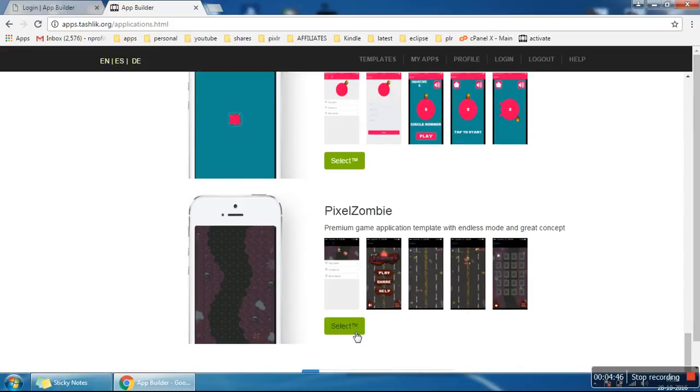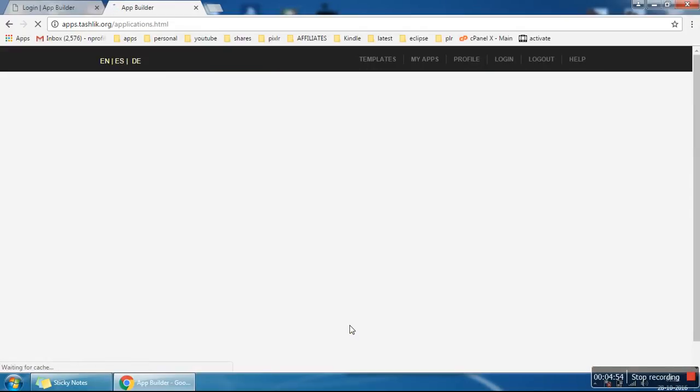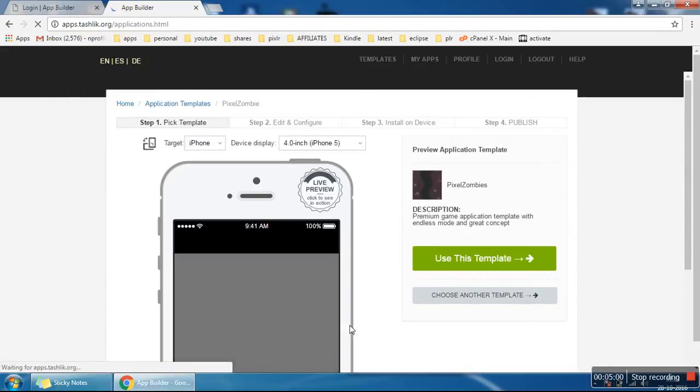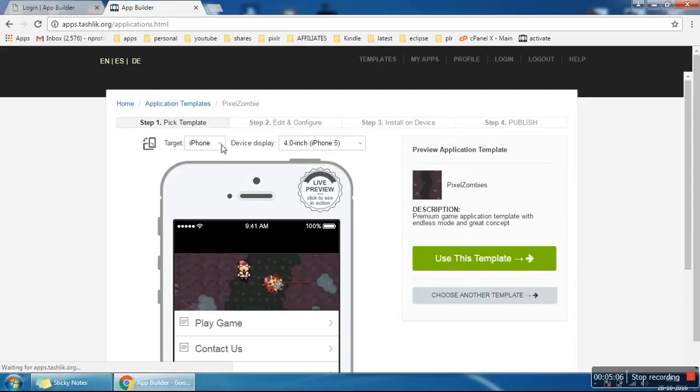Let us work on this example, Pixel Zombie. Let us click on select. See, here the target is iPhone. We are not creating an iPhone app, we are creating Android. So from the drop down, select Android.